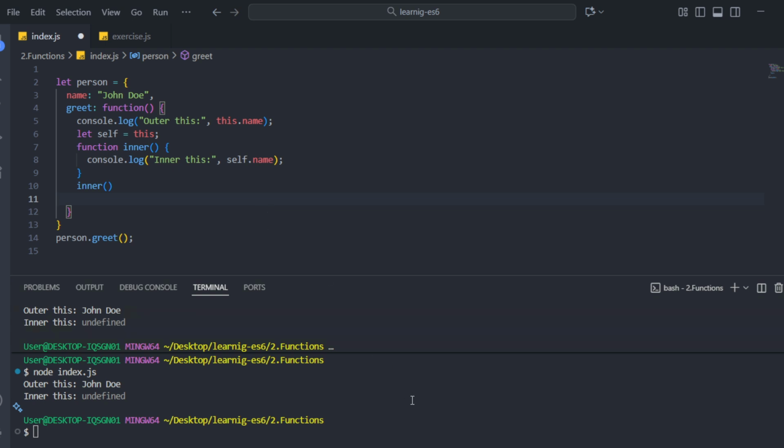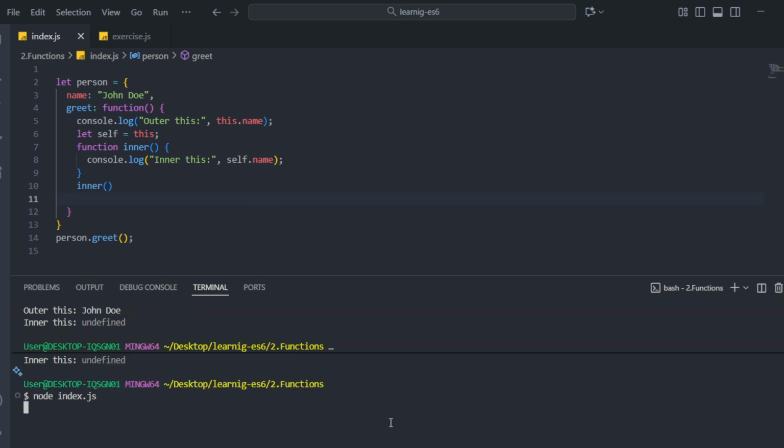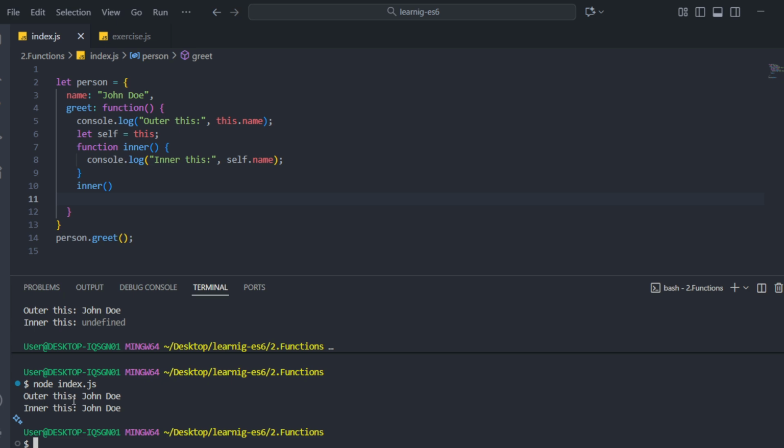Now if I run this program again, as you can see, now I have outer this John Doe and inner this John Doe. Let's go in depth into what is happening. So we are storing this in a variable to preserve the reference to the correct this, the one from the outer function, so that the inner function can still have access to it. So the reason is that in JavaScript,